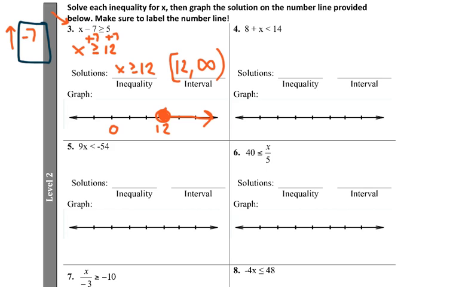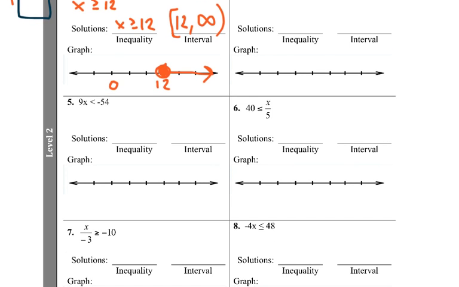Now let's go down to question 5. On question 5, x is being multiplied by 9. So let's do the opposite of that. Let's divide by 9 on both sides. And we would get the inequality answer that x is less than